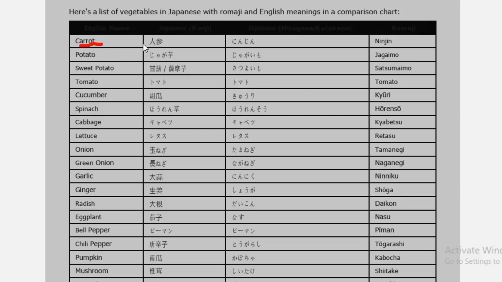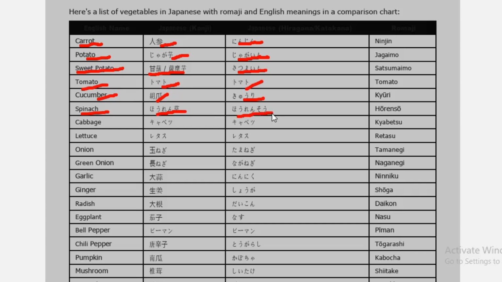So, for carrot, means ninjin. Ninjin. For potato, it is jagaimo. Jagaimo. For sweet potato, it is satsumaimo. Satsumaimo. For tomato, it is tomato. Tomato. For cucumber, it is kyuri. Kyuri. For spinach, it is